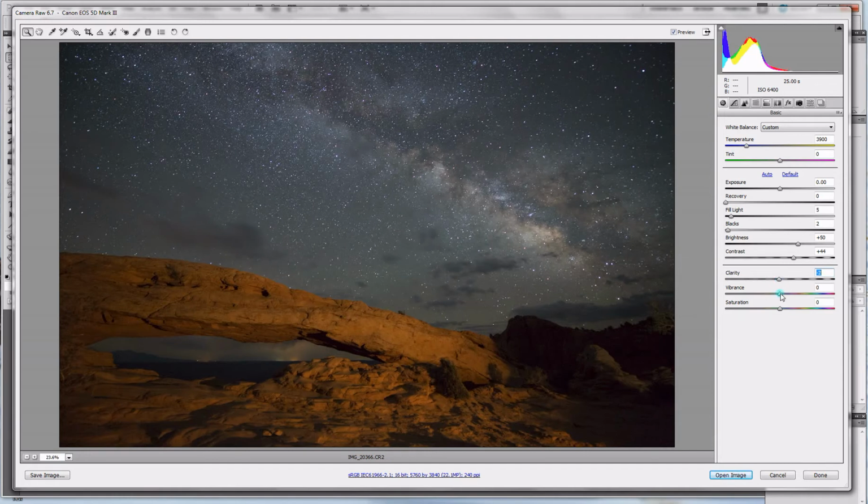We'll put it about on 0. And then vibrance and saturation, I'm usually up anywhere in the 15 range or so. With night images, you really don't want to overdo it too much. So now that we're done with the basic adjustments,